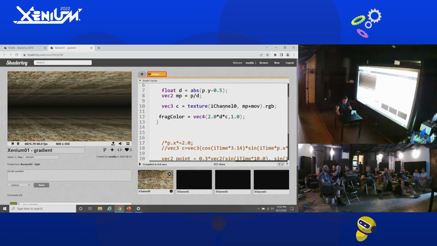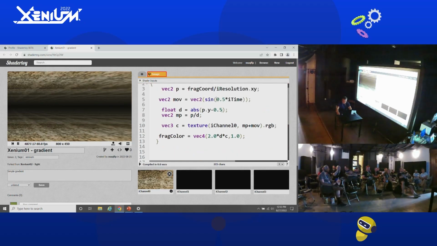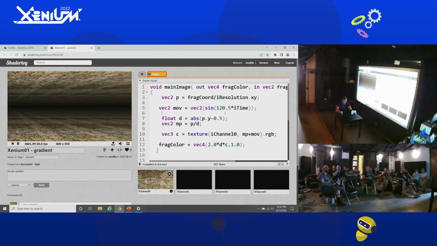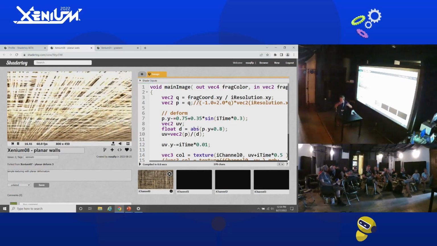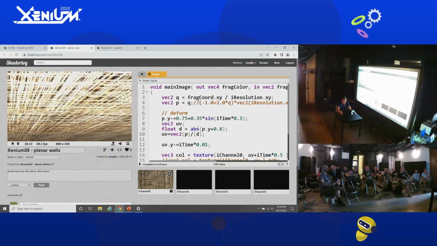Okay, but this function is super slow. What is happening here? This is MP plus MOV. Maybe let's do like this one. Sorry, something is the same, so that you don't see that I'm. This is just moving at the beginning, so that it's in the middle. That's why we are using this